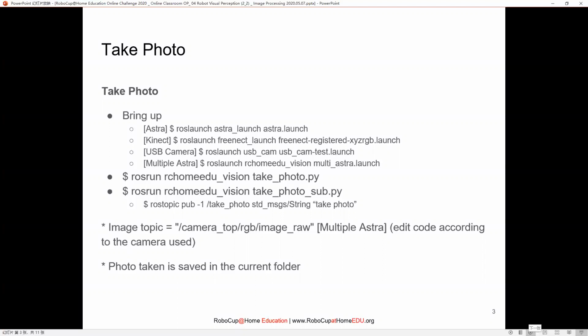So this instruction can be given in, for example, over here, we demonstrate using a terminal. We publish a message into this take photo topic. But of course, you can replace this with other mechanisms. For example, you can use speech. So you use speech to, once you detect certain things, for example, like take photo or anything, then you